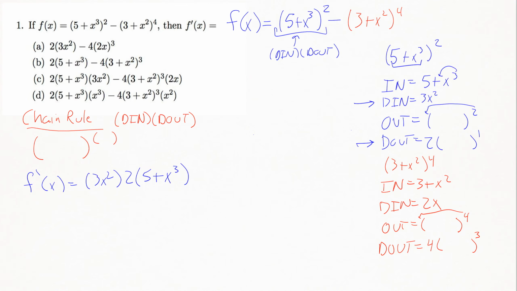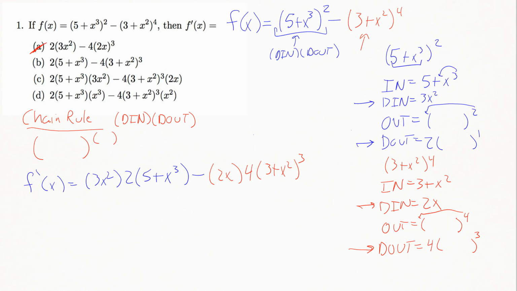Then I've got a minus sign in the middle here, so minus, and then I'm going to do another d in, d out on my second piece here. So my d in on this would be 2x. My d out would be bring the 4 down, leave all the junk alone you already took the derivative of, and then subtract 1 from the power. So there's our final answer, and so I come up to my options up above,